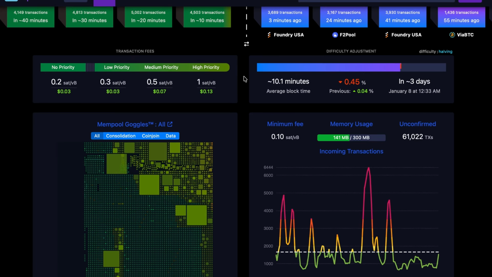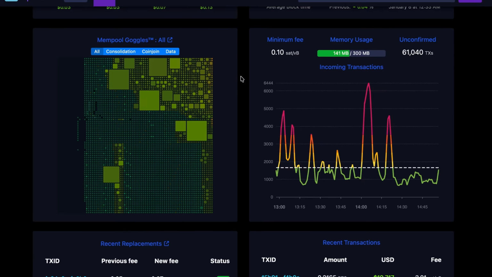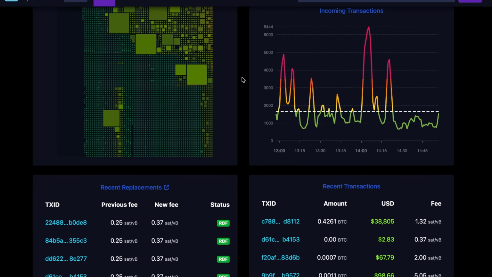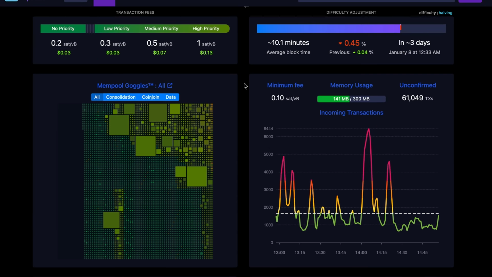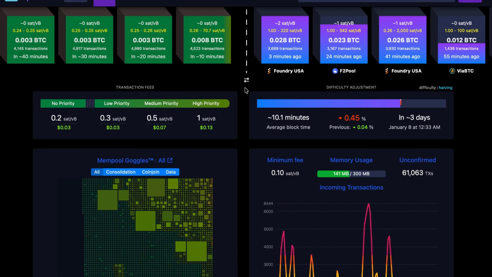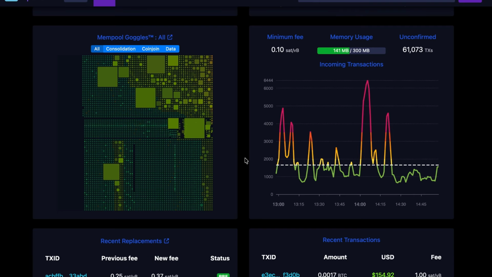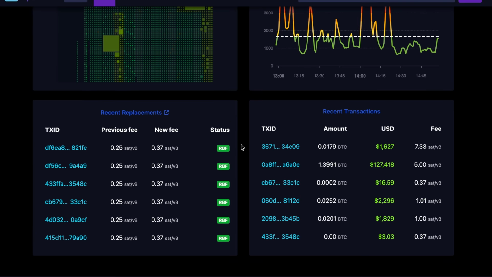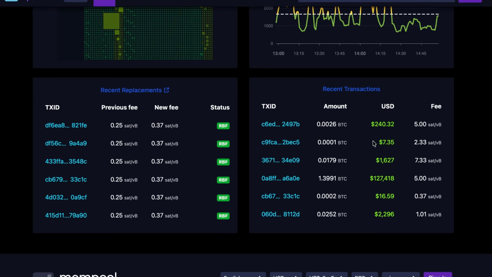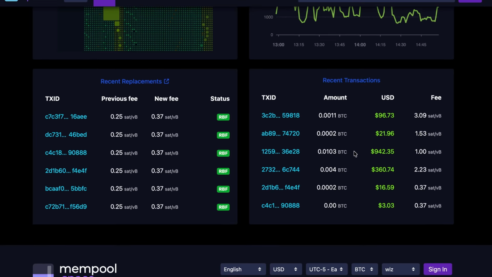Again, to simplify that even further, it's recording every single transaction that has ever happened. A lot of people point to Bitcoin as a true anonymous network, and while you can't see who's actually sending Bitcoin from one address to another, we can see every Bitcoin that has ever been sent. We can see every address that has ever held Bitcoin, and we can see here in real time transactions coming through.